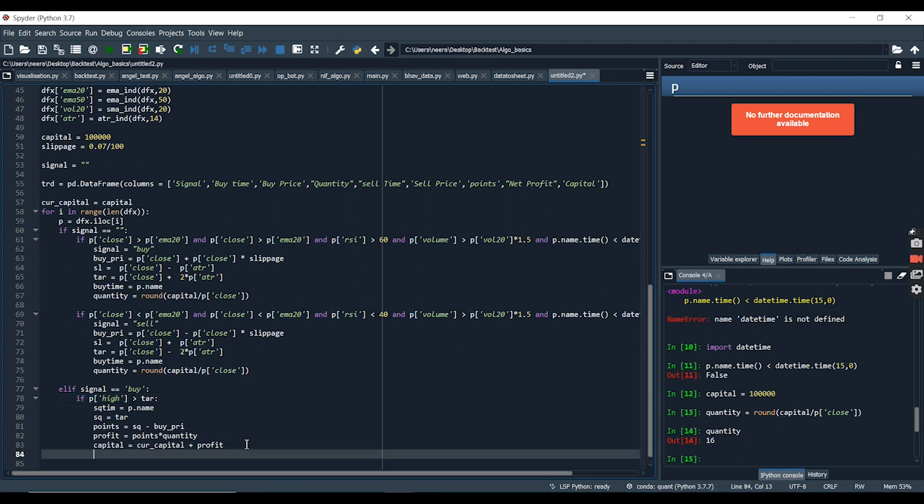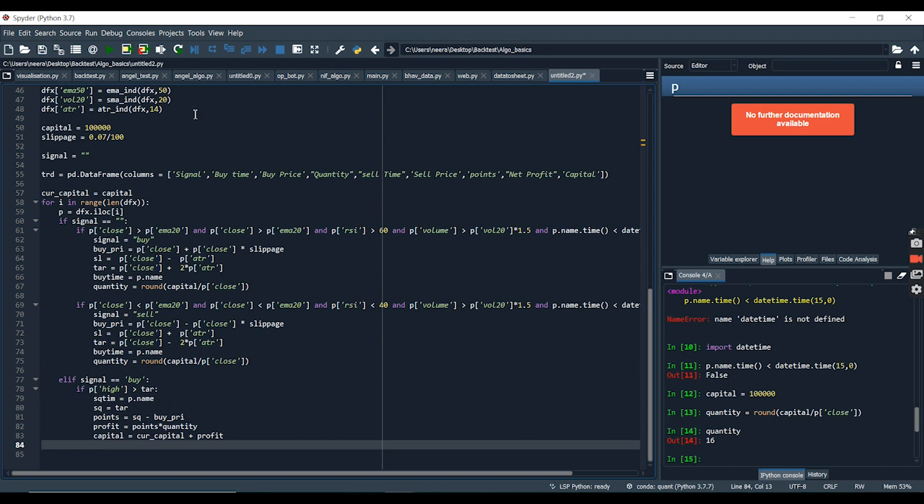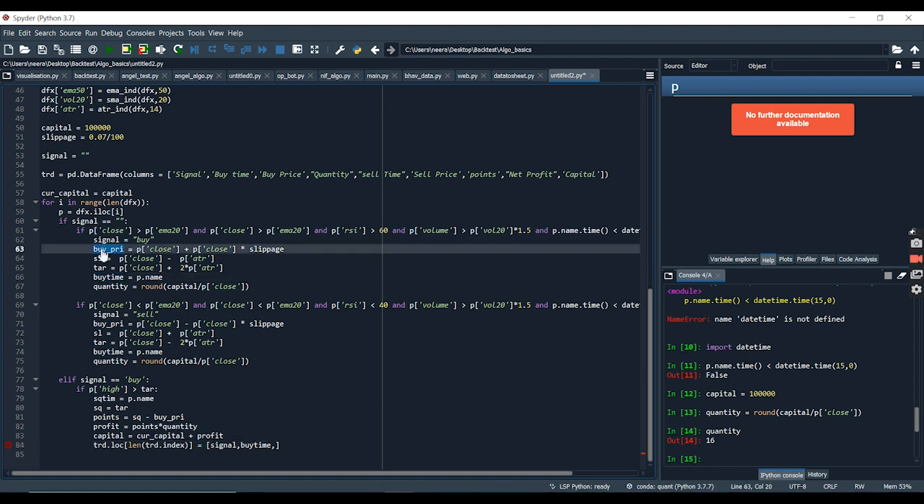Alright, so we have mentioned everything, and then the last thing that we need to do is add this line with all these details to this data frame. Okay, so TRD. So we're just adding a line over here with all these details. So signal first, then buy time. Buy time is given over here. Okay, then we need buy price. So this is the buy price. And then what we need is quantity. So we also got the quantity